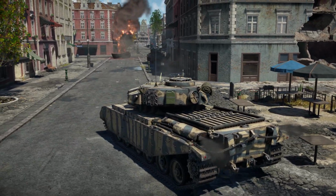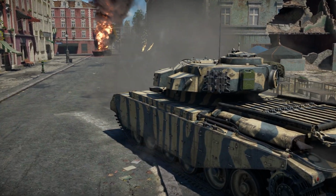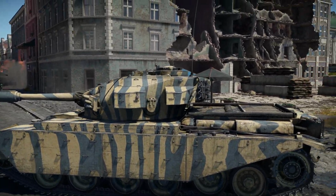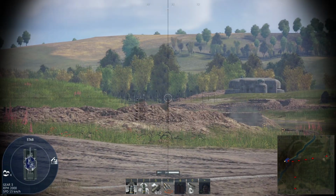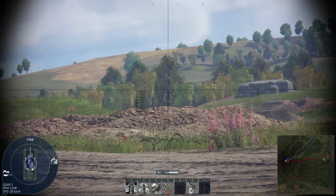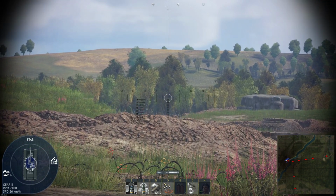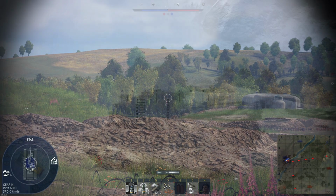First and foremost, it lacks a top-mounted MG, which will make it difficult to defend yourself against aircraft and lightly armored vehicles. Secondly, the turret-mounted LMG is both weak and very odd to aim. It bounces around a ton and takes a while to become stable once you stop moving your cannon. Third, while the 84mm cannon is powerful, it is smaller than most contemporary cannons and, as such, has a bit